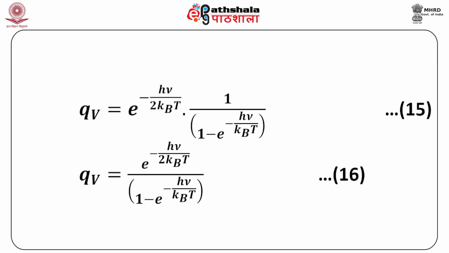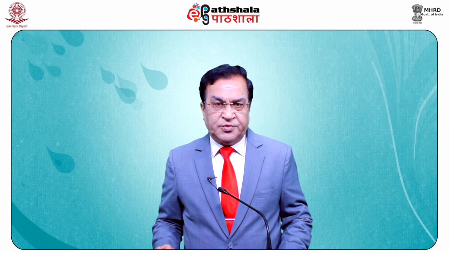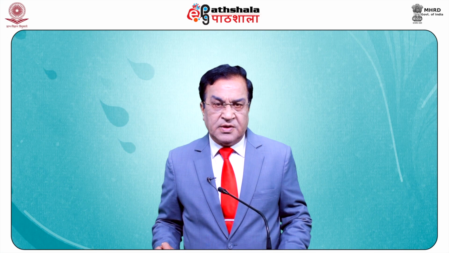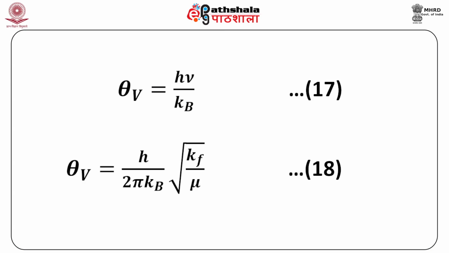So, this is the expression for the vibrational partition function. In this expression, if you look at equation 16, the term h nu upon kB will have the units of temperature, and therefore we replace it by theta v and call it vibrational temperature. So, theta v is h nu upon kB, as written in equation 17, and if we substitute it back in equation 16, we get